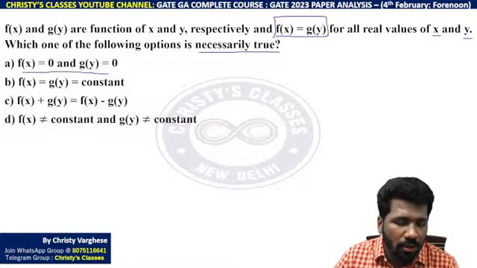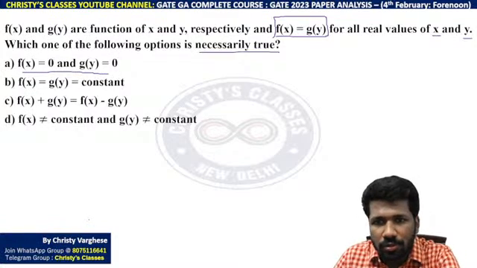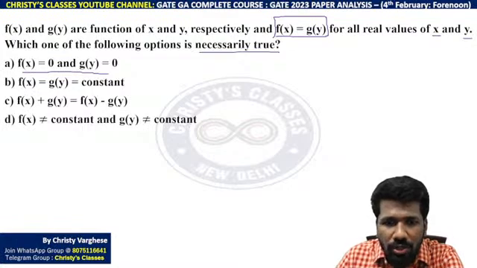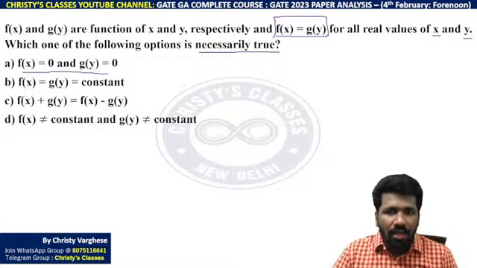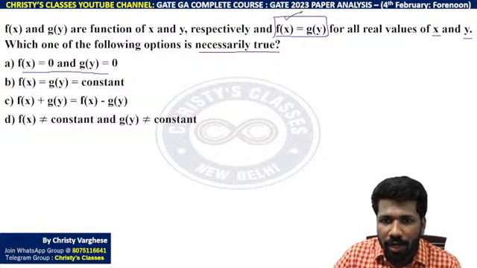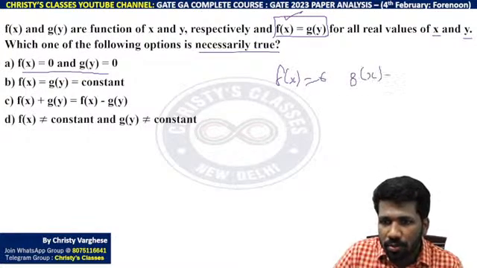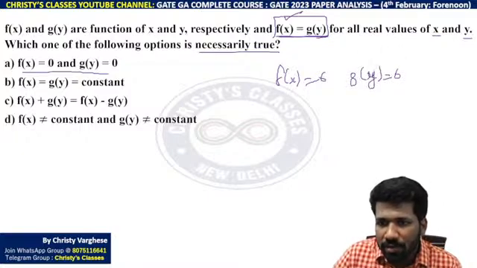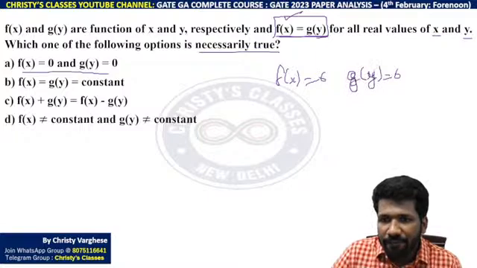Option A, f of x equal to 0, g of y equal to 0. Is it always true? No, that is not always true, because f of x need not be 0, g of x need not be 0, and still this can satisfy. For example, f of x is 6 and g of x is also 6, so f of x and g of x both are 6. Sorry, g of y is a constant function, f of x is 6 and g of